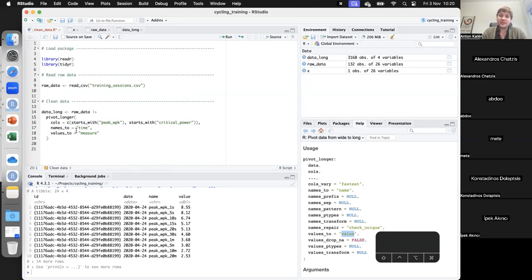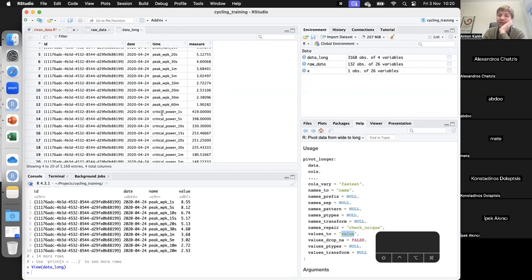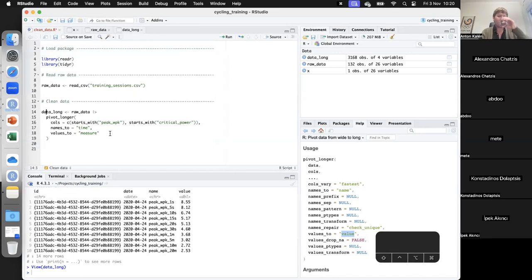Back to this data then. We have pivoted it, but we said that we pivoted it too much. It got too long, right? We still want these values, the ones that say peak VPK, we want to have a variable that says peak VPK, and then these ones. And then we want one that is critical power and for all the different time periods. To do that,